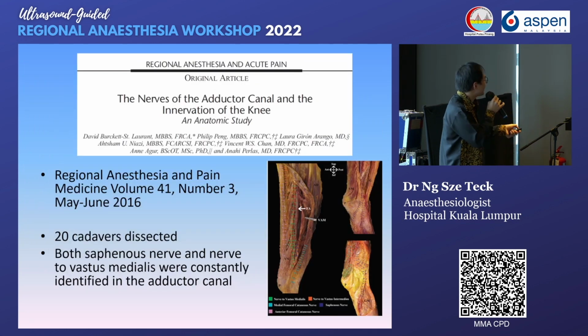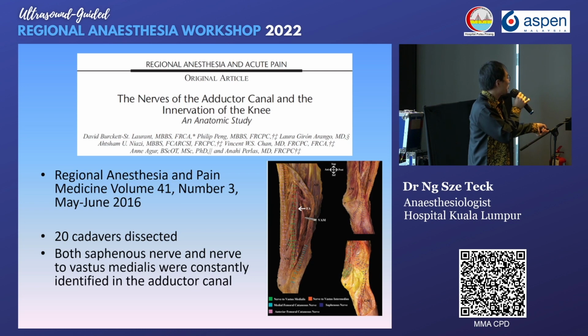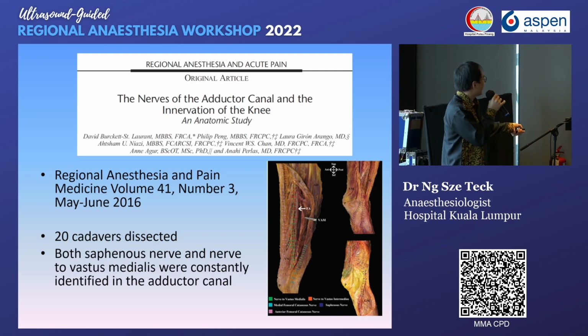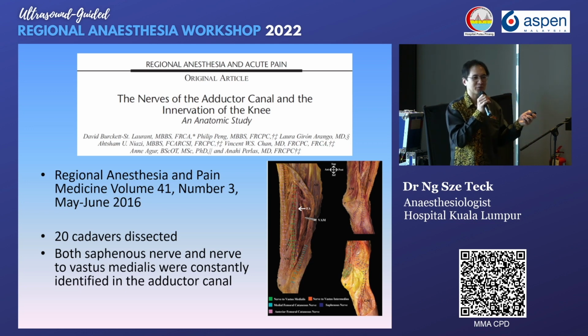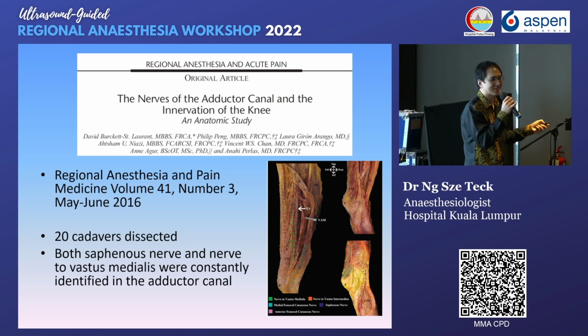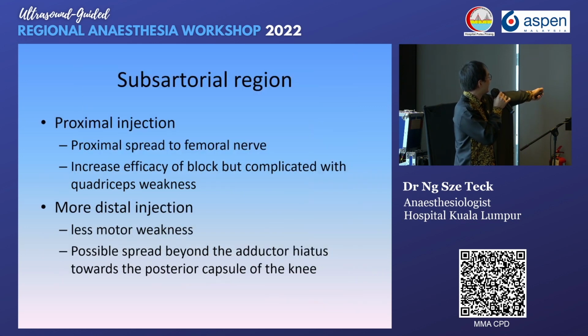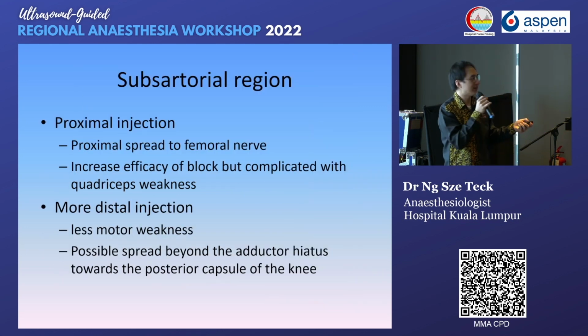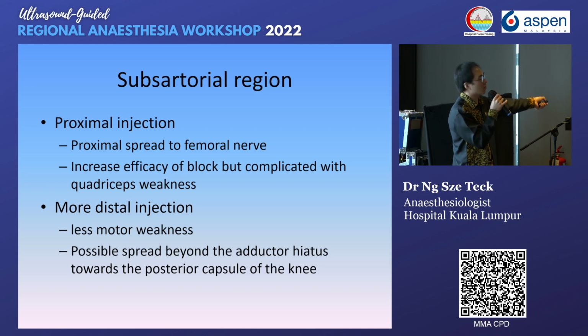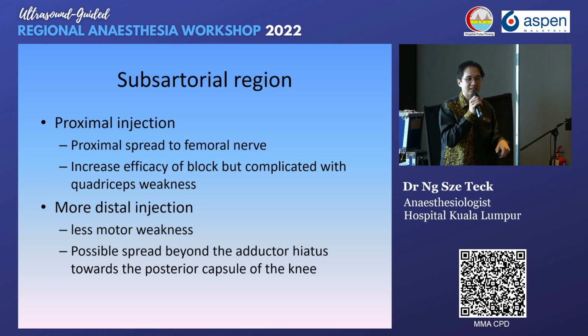But then this study disagreed. This study dissected 20 cadavers, and they said both the saphenous nerve and the nerve to vastus medialis were constantly identified in the adductor canal. Then others can argue back, did you define your adductor canal correctly? So it's difficult. A lot of argument, a lot of controversy. But in practice, we know that if you inject your LA under the subsartorial region, which includes both the femoral triangle and the adductor canal,